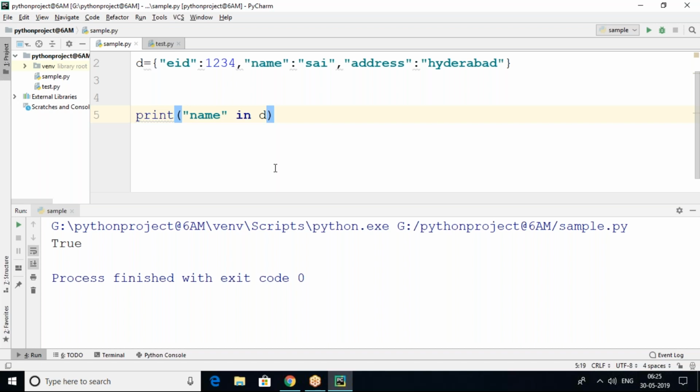So a dictionary means you want to retrieve some values from a huge amount of data. We are able to do mapping. Mapping is also called a dictionary. Mapping in the sense that I'm going to map the EID, and it is going to be checked in that EID mapping. Based on the EID, you are able to retrieve the data. So that possibility is there.